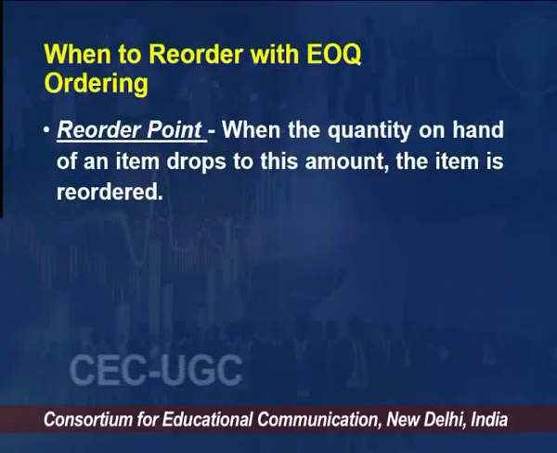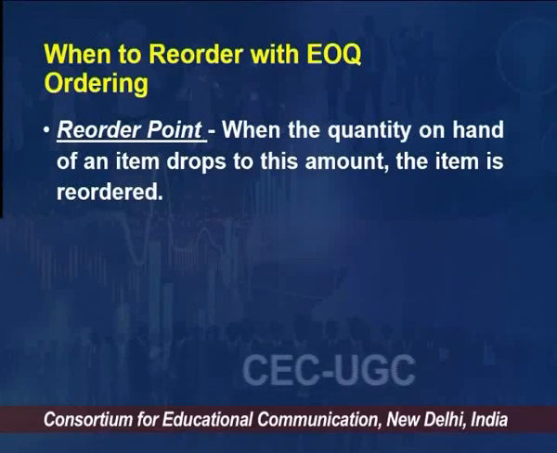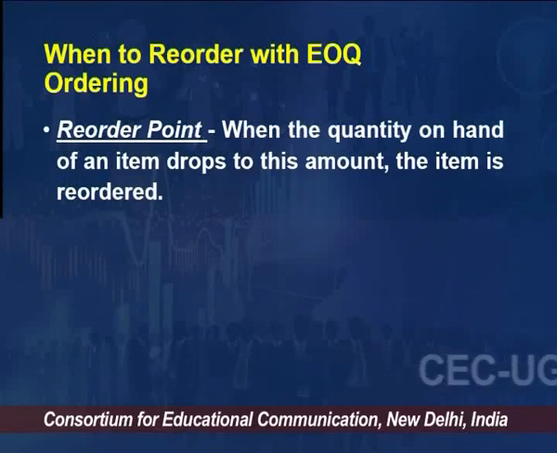There could be instances when you say when it becomes zero, then you will order. But sometimes you may need that item again. You cannot afford that for certain things, for example flour, rice, or sugar, when it becomes zero, because there is a lead time between when you order and when the material arrives. By that time you have no material with you. Similarly in industries also, there are more criticalities and there are so many items. Therefore the reorder point is that quantity at which you want to reorder,